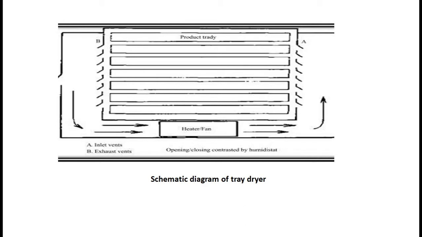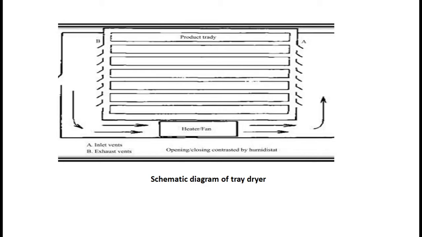The material which we have to dry is placed on the trays, the heater is heated, and the fan or the blower is started. That air is circulated over the coils or the heating element, and that air gets heated, or hot gases are produced. That hot gas is circulated throughout this channel and over the trays. In the initial condition, the rate of drying is high because the amount of moisture present in the material is high at the initial condition.